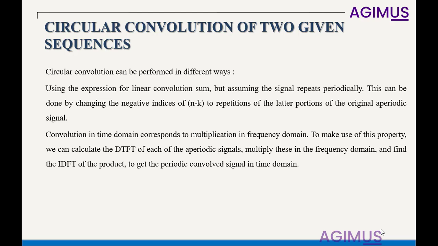To make use of this property, we calculate the DTFT, discrete time Fourier transform, of each aperiodic signal, multiply them in the frequency domain, and find the IDFT, inverse discrete Fourier transform, of the product to get a periodic convoluted signal